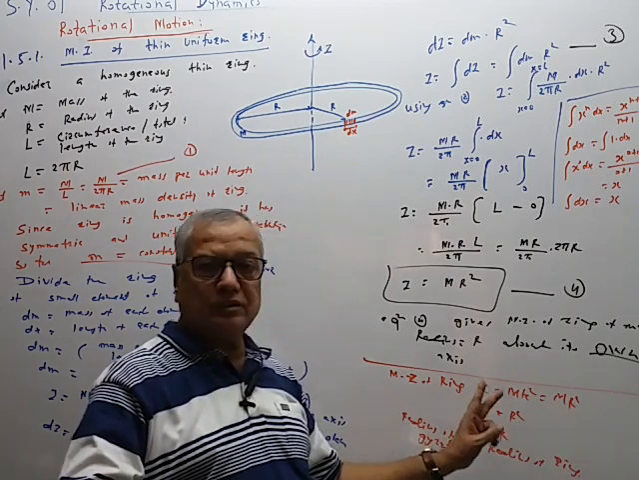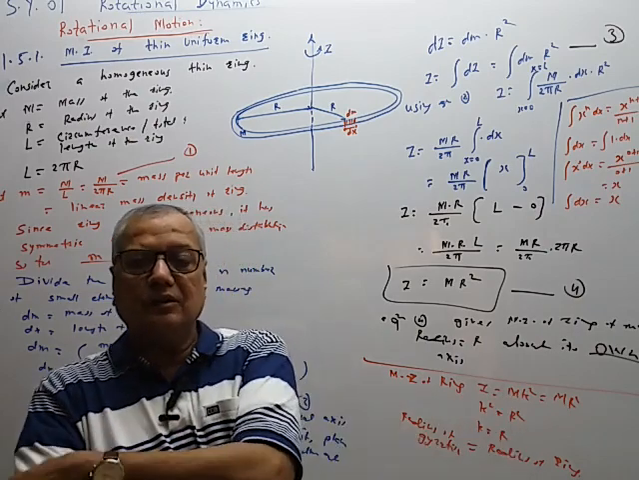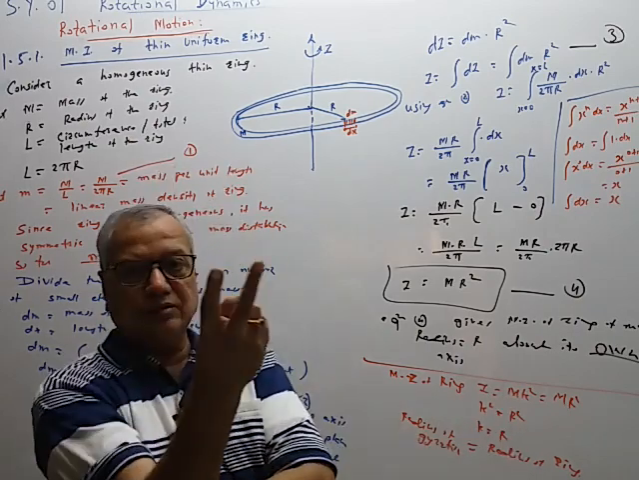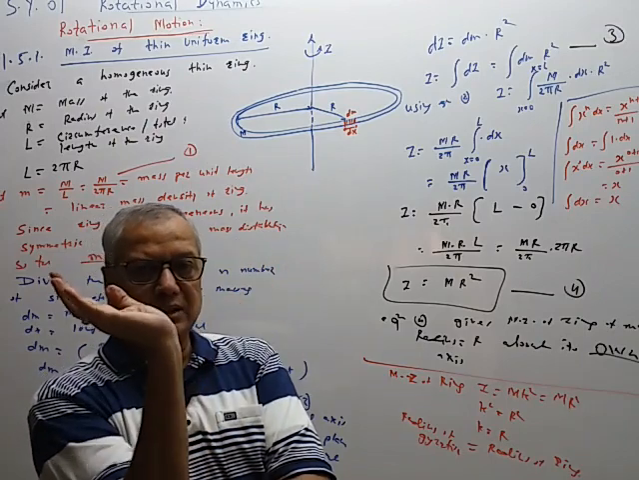So only 2 observations are required, one for total mass, other for radius of gyration. So by taking only 2 observations, one for mass and other for radius of gyration, we can determine the moment of inertia. And both